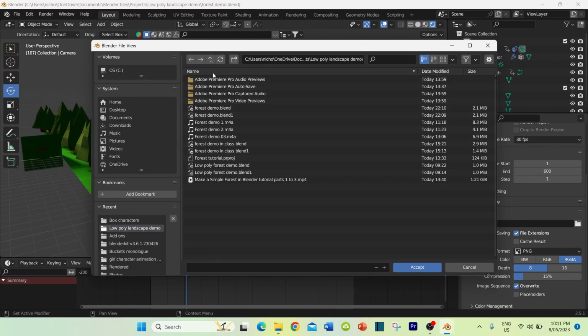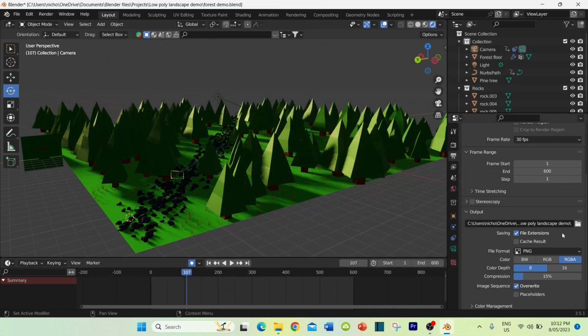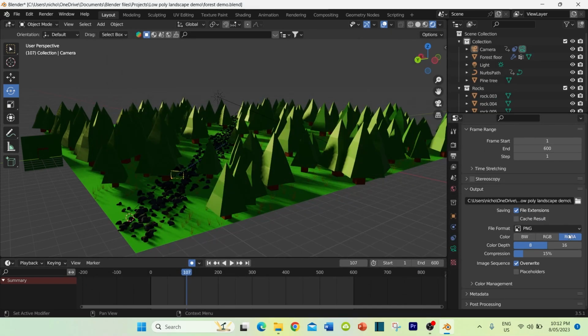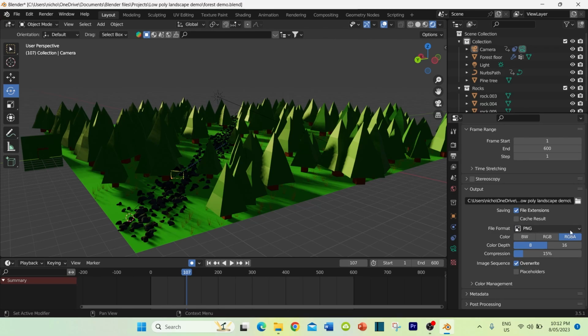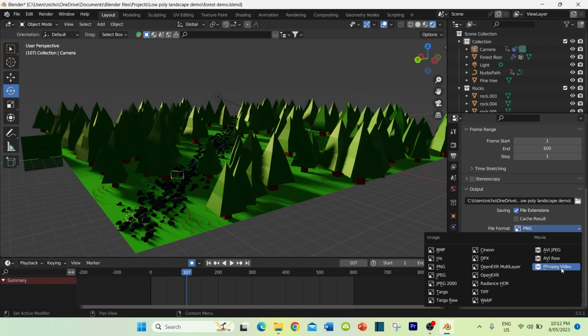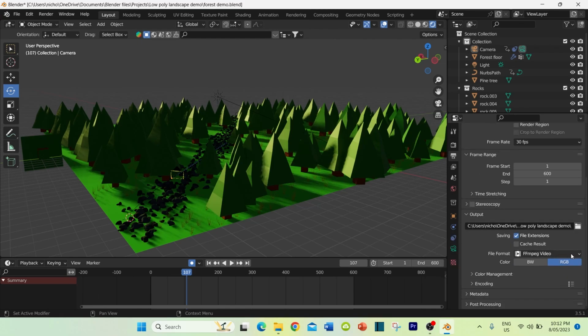So I'm going to put mine in here. That's the folder that I've created to create this tutorial. Just going to say accept. And then this is where you choose your file type. Now, normally what you would do in Blender is to create what's called an image sequence, which saves lots of, you would actually save 600 individual images, and then later on, you put them all together. But just for this exercise, we're going to create a video straight away. So select that option,